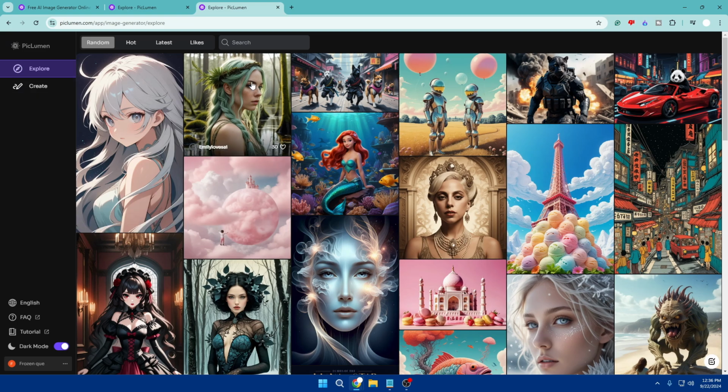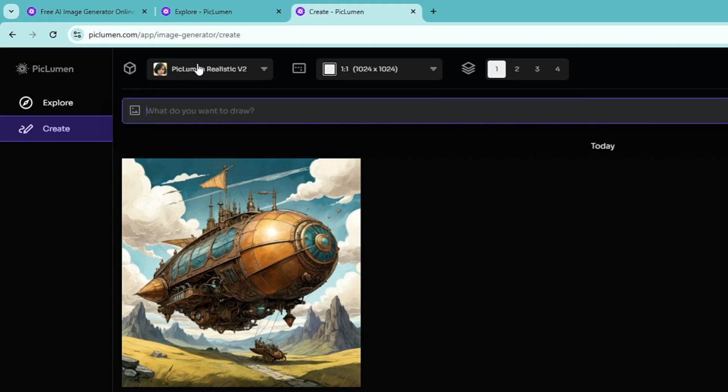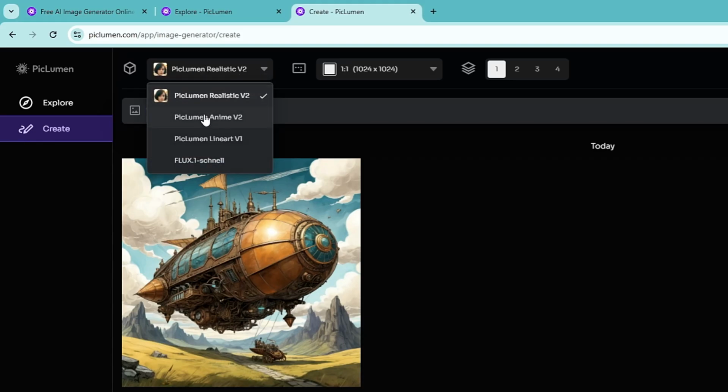But if you want to create any image on your own, you have your own prompt, then you will have to click on create, and then you have to type your prompt here. Now before writing here, we have some more options at the top, like you can choose a different model, and if you click on the drop down, it gives you the Piclumen Anime V2, Piclumen Line Art, Flux, and then